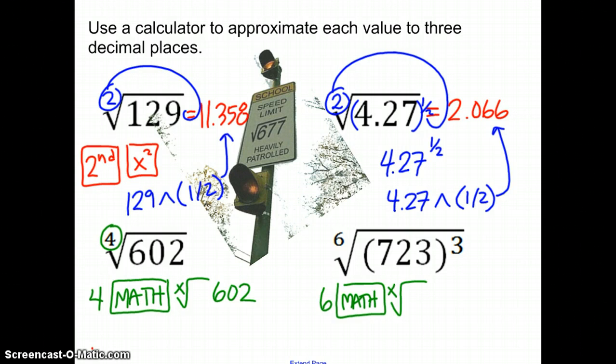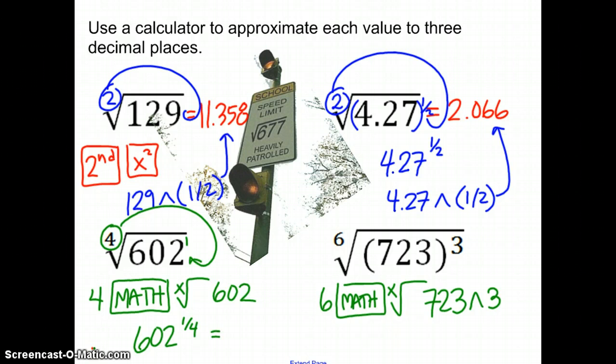Choose option number 5, that X root. Type in 723. And this one you'd actually need to add the caret 3, to the third power, as well. The other way you could type these in is by using that fraction method or that index method. You bring that index around and you realize it's 602 to the 1/4 power. If you type that in your calculator, you get the answer